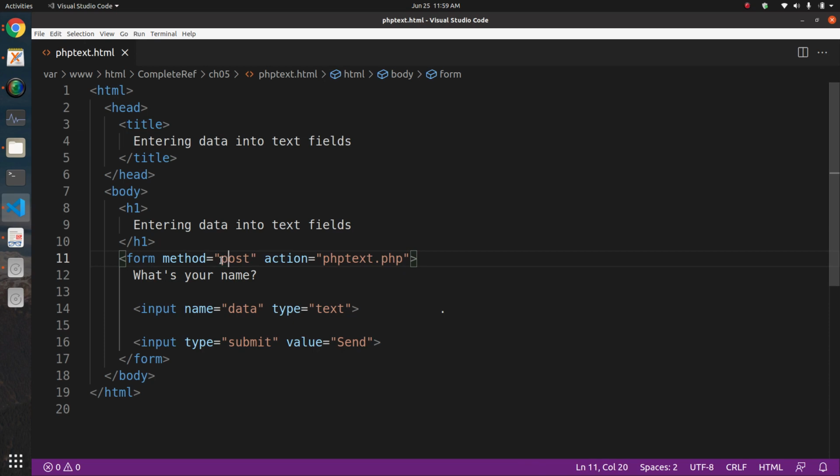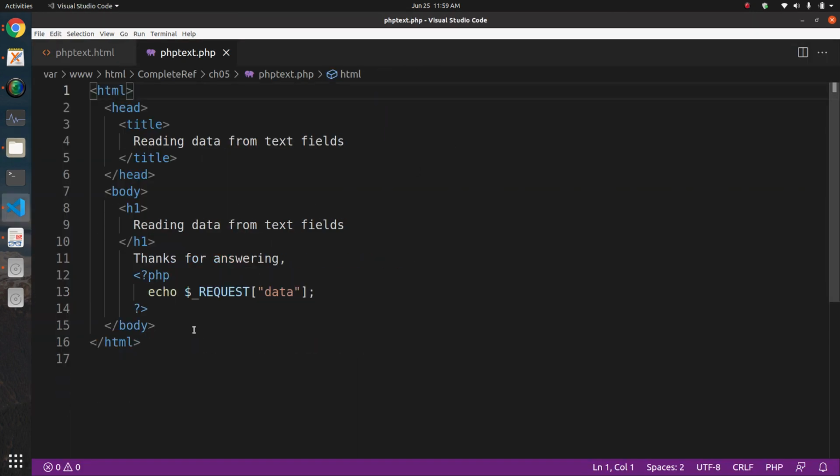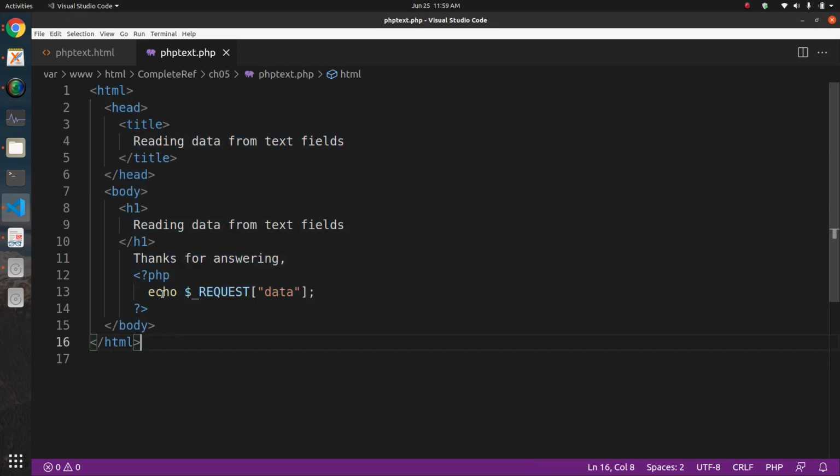By the post method. So let me, one minute, first let's look at that file, where is the PHP text.php, this is the file. Okay, so now this is the file, and this is the important part of that file. Everything is the same, it will be in HTML, your PHP will be in HTML text only. So you have some HTML that will be displayed, and here this is the important part.